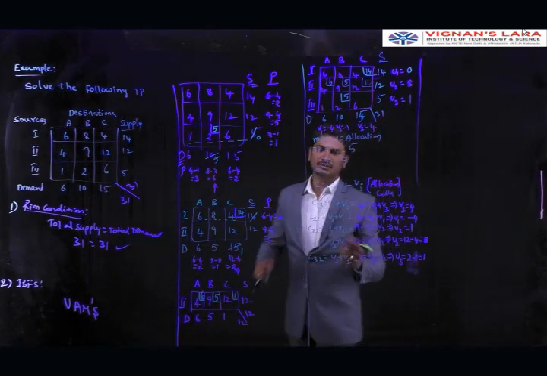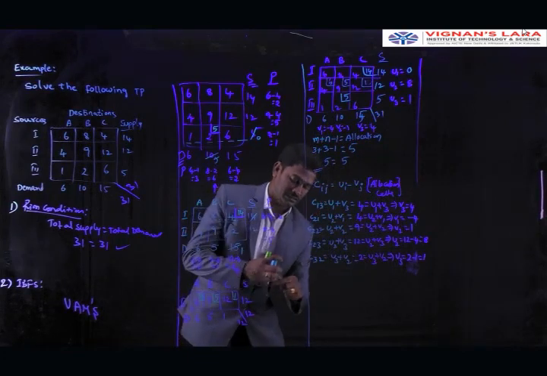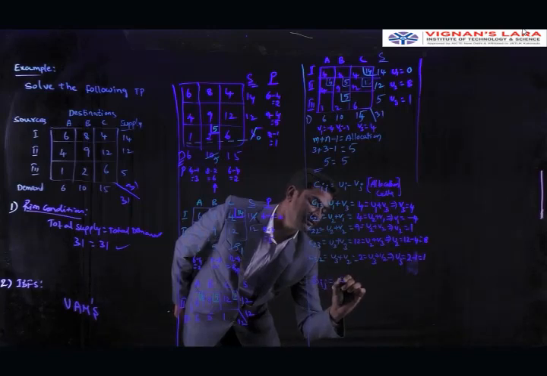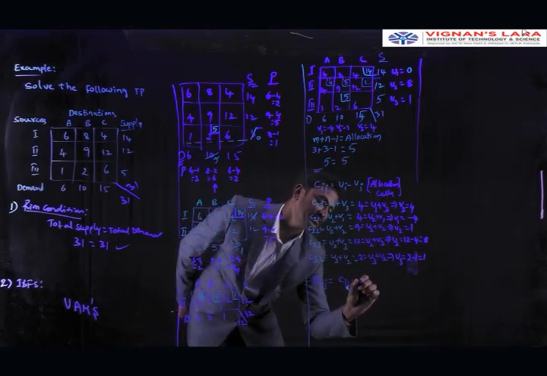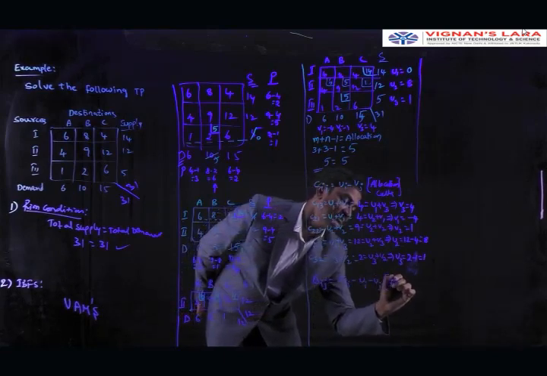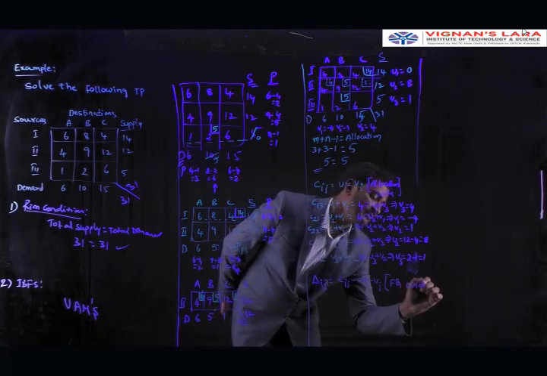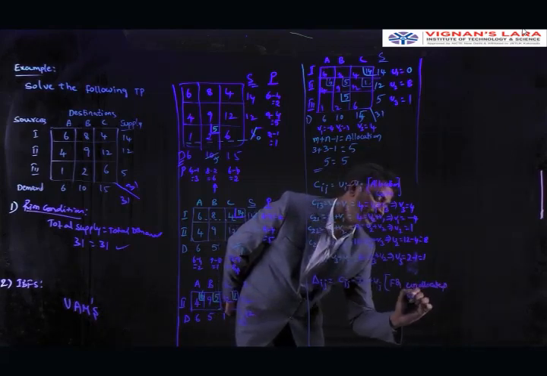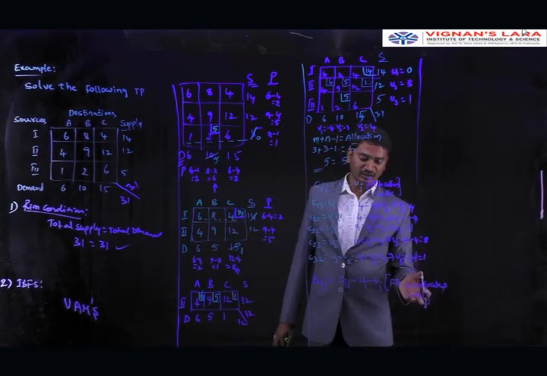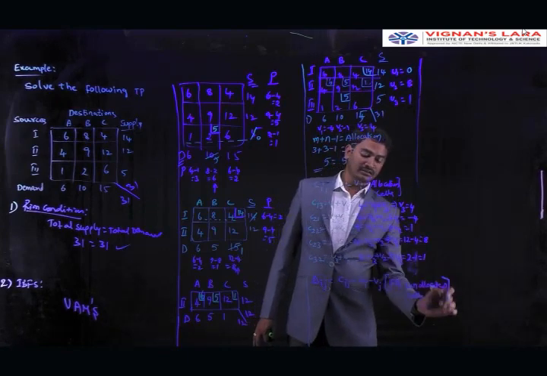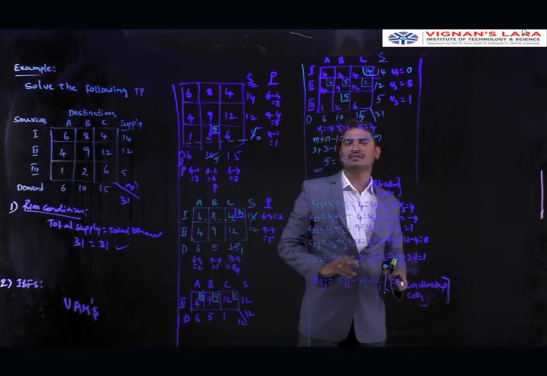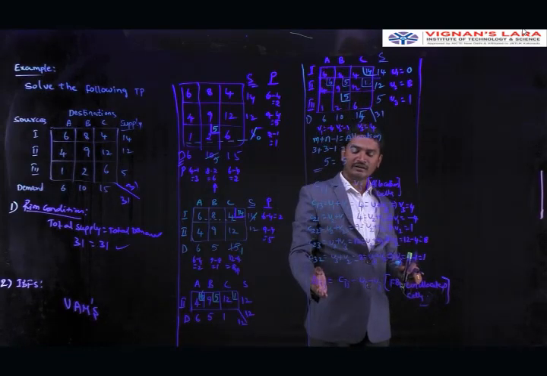Now we are going to check the condition, optimal condition. How are we checking the optimal condition? Delta ij is equal to Cij minus Ui minus Vj. This is for unallocated cells. From the unallocated cells we are calculating this. Okay, already for allocation cells we are calculating. Now here we are going to calculate unallocated cells. Here how many unallocated cells are there? 1, 2, 3, 4 unallocated cells are there. For those 4, we are going to calculate delta ij.